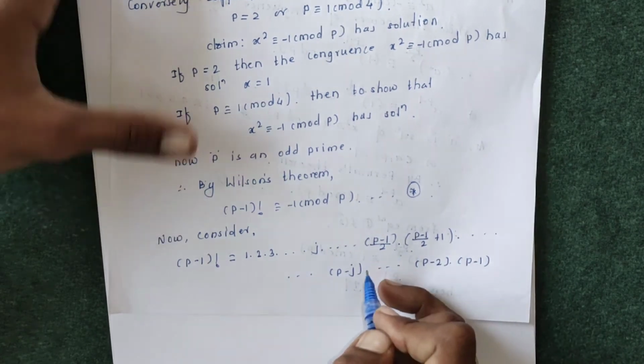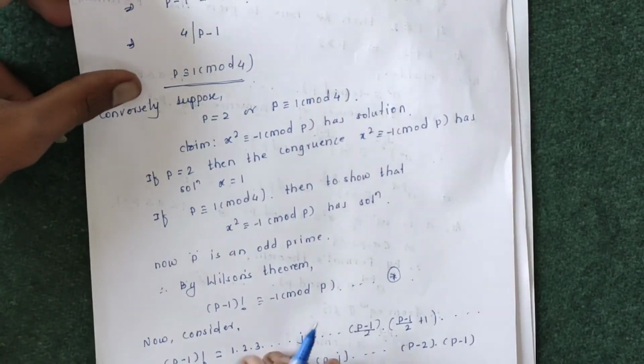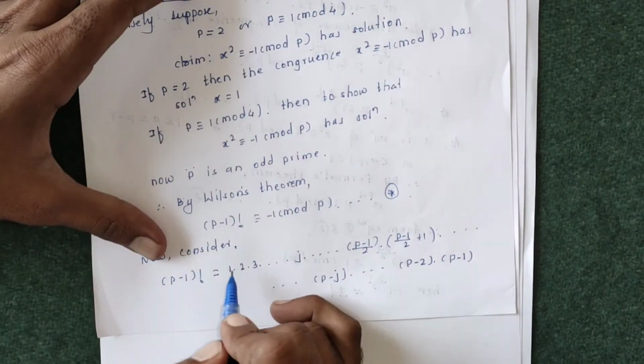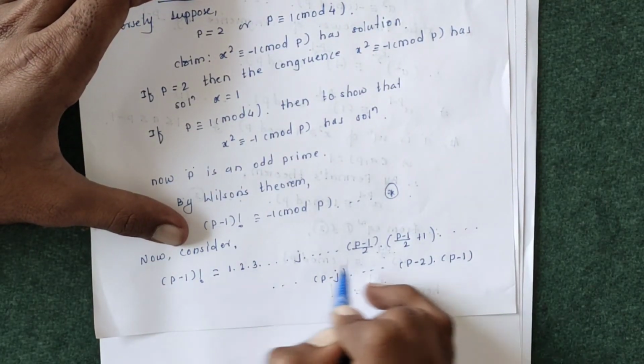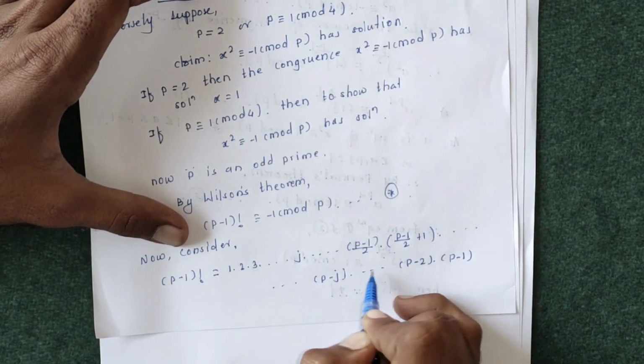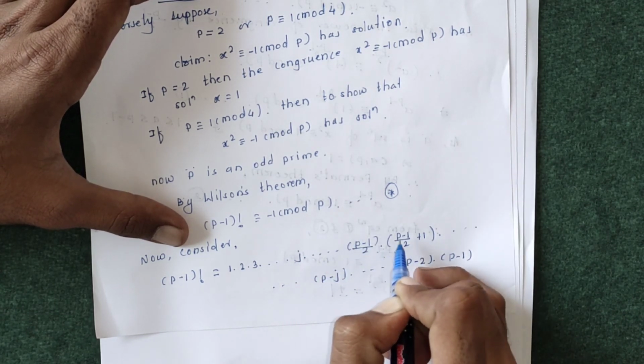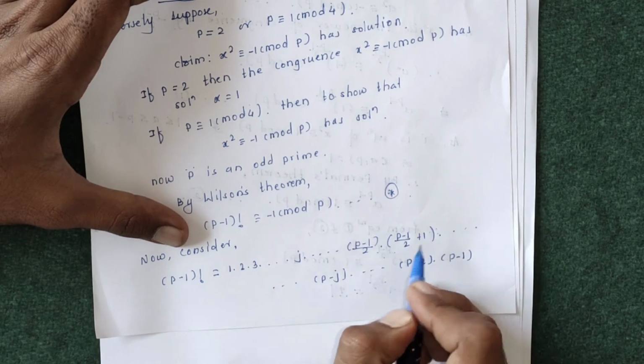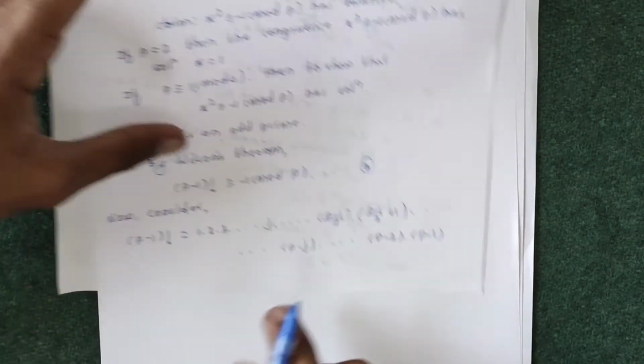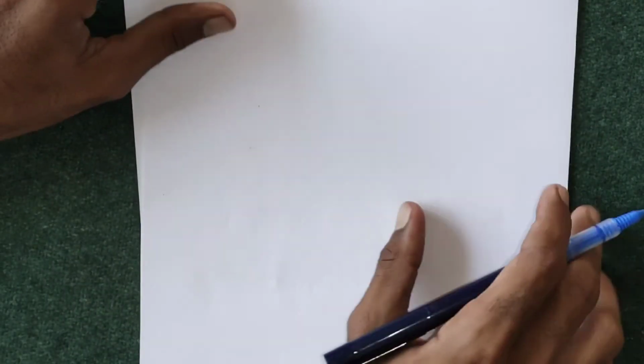So writing these numbers in this manner we get, now rearranging these numbers into 1 into p minus 1, 2 into p minus 2, 3 into p minus 3, so j into p minus j, and the last step (p minus 1)/2 into ((p minus 1)/2 plus 1). So taking this multiplication in this way we get p minus 1 factorial, which is equal to